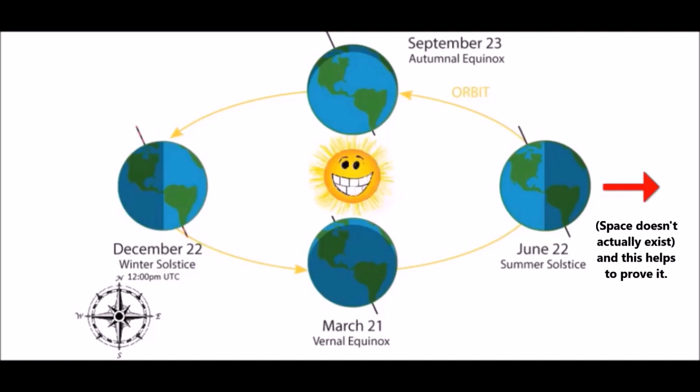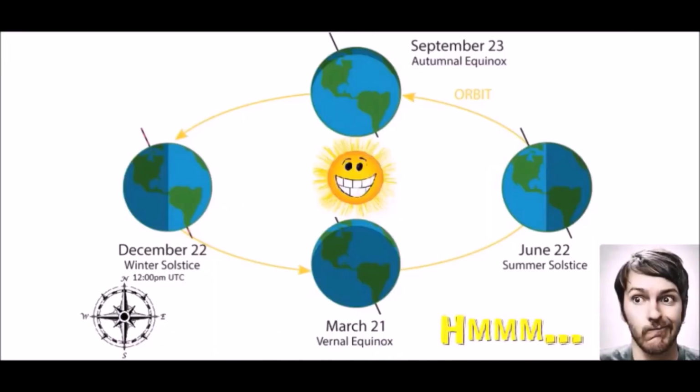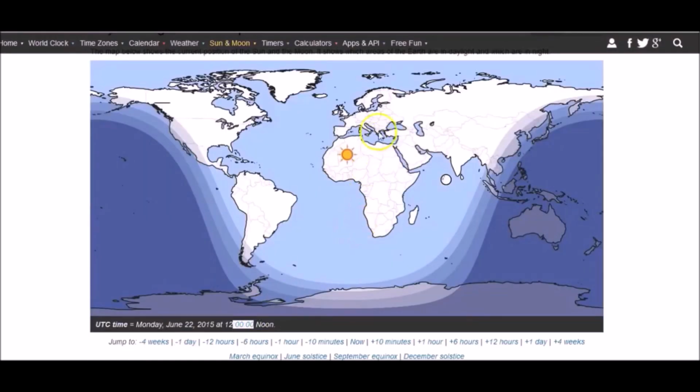So it's like Africa is at midnight, and it's not facing the sun. But what we observe on June 22nd at 12 noon is Africa is facing the sun. Does this make sense to you? This is blatant proof that we are not on a spinning globe going around the sun. We can't be. There's no way that these globes can be in the same phase of their rotation, because it's the same time, and 12 noon has Africa facing space. It has to be facing the sun. There's no way around it.